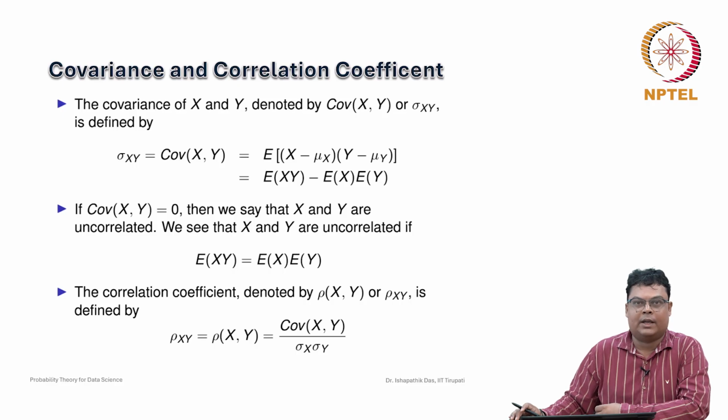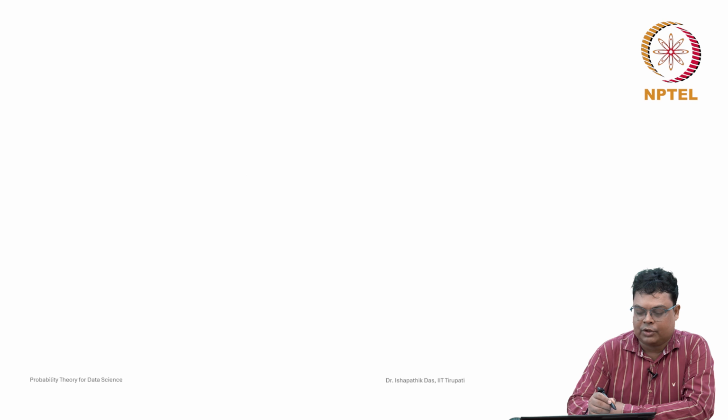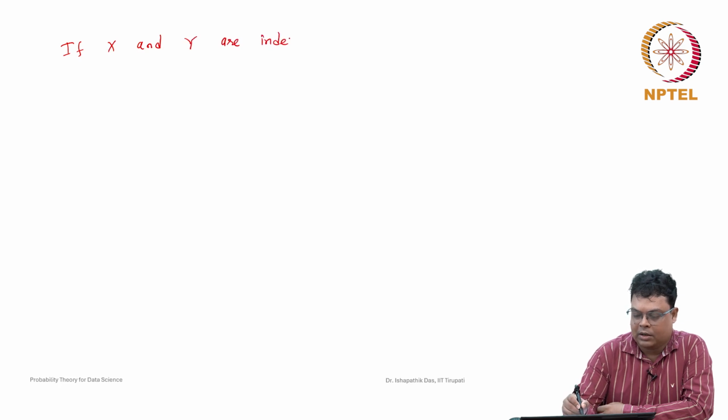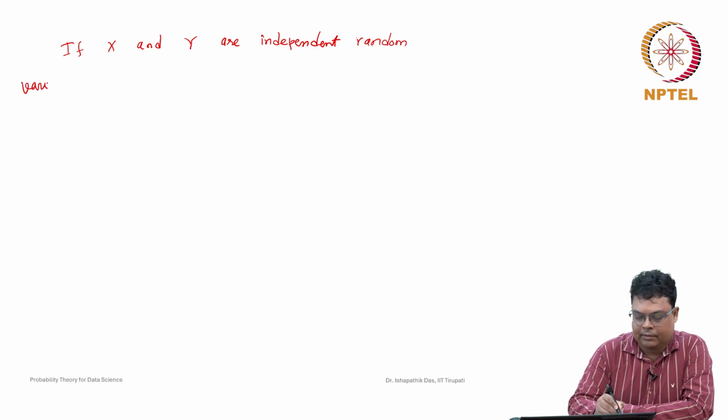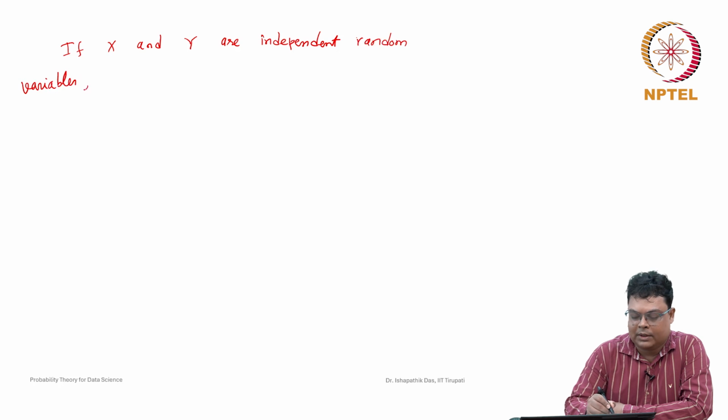If x and y are independent random variables, then covariance of x y. Suppose x and y are independent random variables, then by definition of covariance of x y,